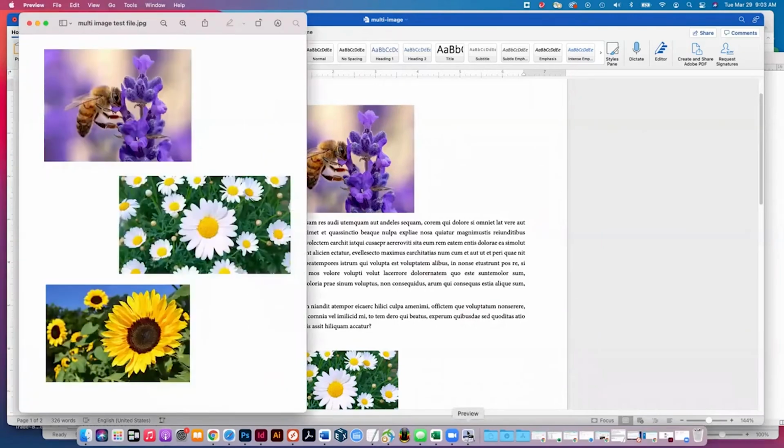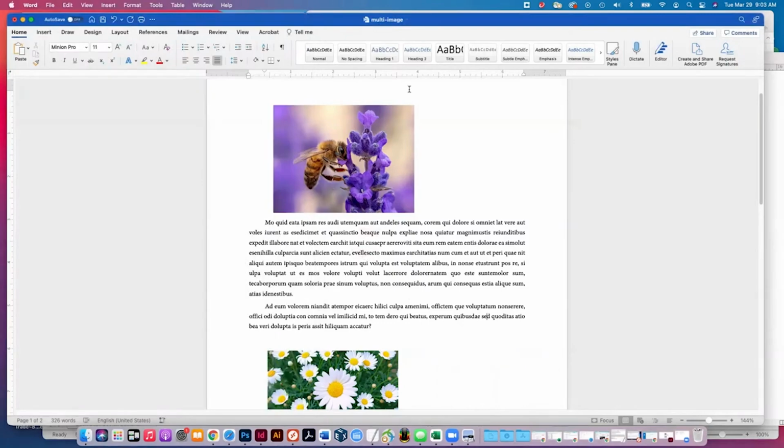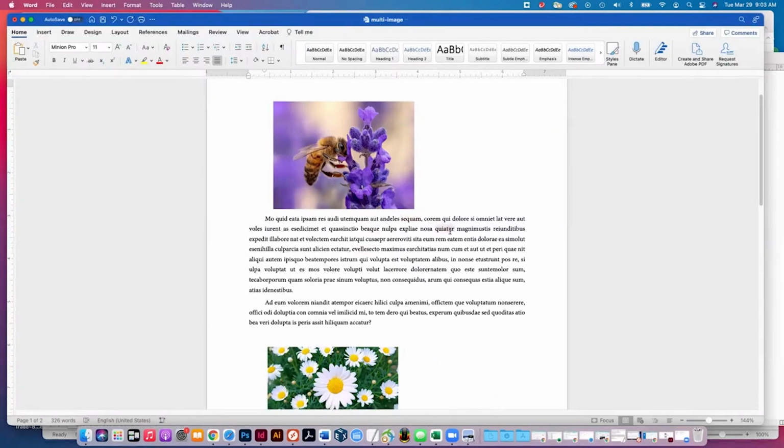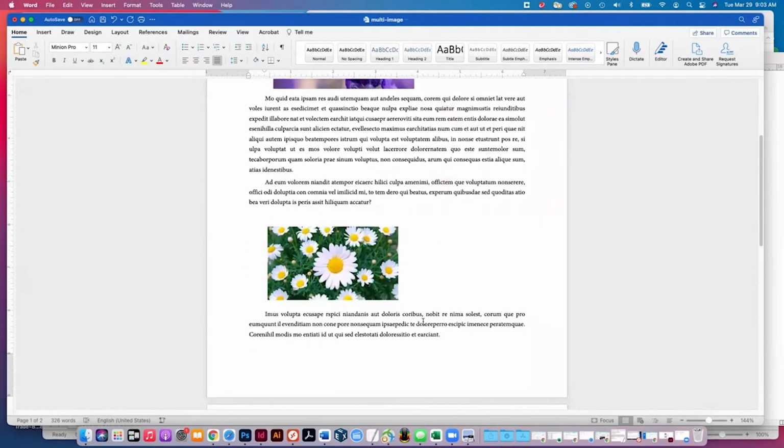So what I mean by that is that one file contains a collage of all of these images. And this can happen if perhaps you had your images scanned and several images were placed on the flatbed and they were all scanned at one time. So all you have is one file that contains several of these images. And so the images were brought into Word and then they were cropped down to whichever image pertained to that